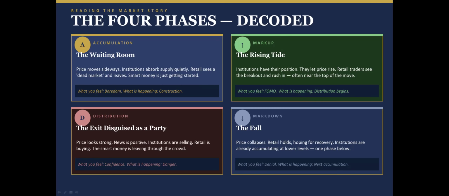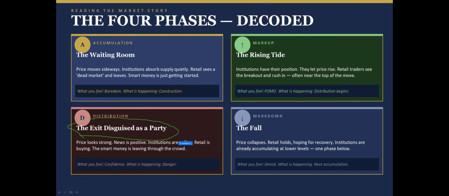So a rising tide is good when it is an early rise. You can look for buying on breakouts. And Minervini says when it is second base or third base, you can buy those breakouts. But once there are fourth bases and more, you should not buy these breakouts, because there are higher chances of failure. So buy on second base breakout, third base breakout, that is fine. Buy in early accumulation, that is fine. Buy in early breakouts, that is fine. Do not buy on late breakouts, that is likely to go into distribution, which is disguised as a party.